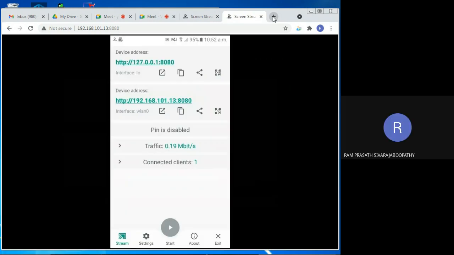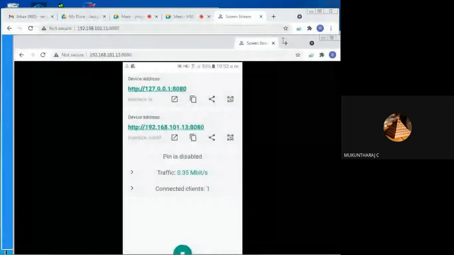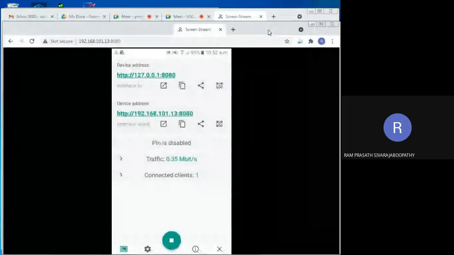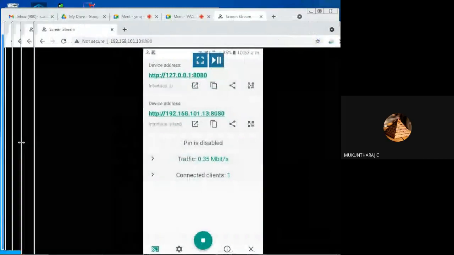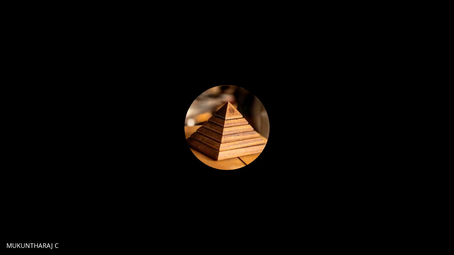Yes, I think both the screens are visible now. One of the screens I'm going to focus on the hardware, and the other one I'm going to show the app. Wait a moment.